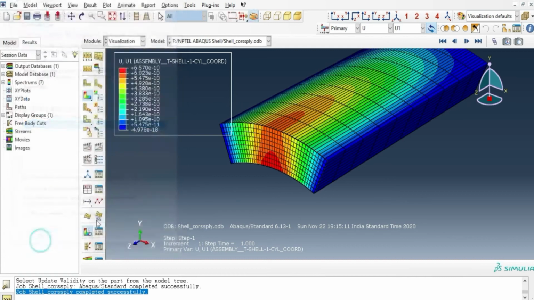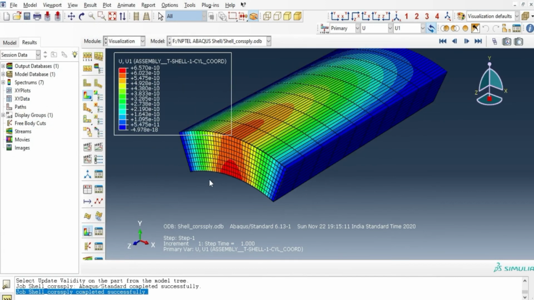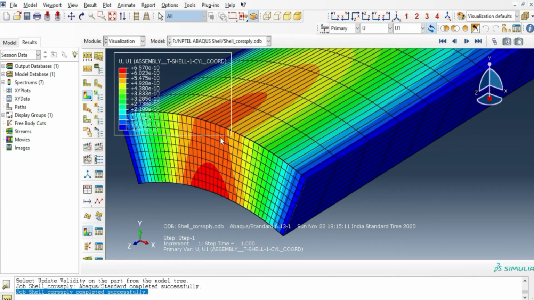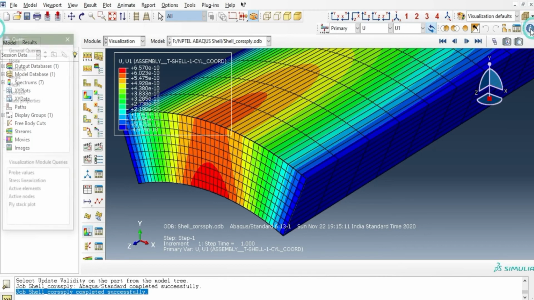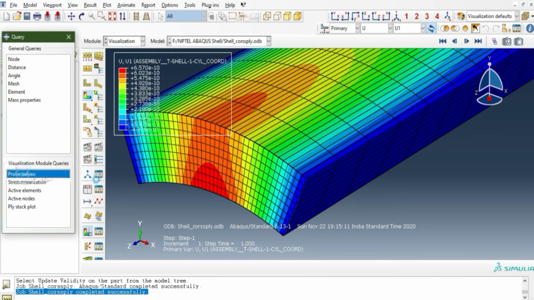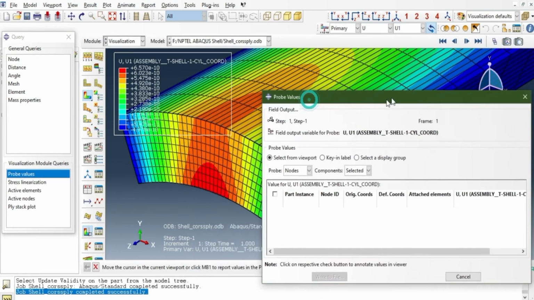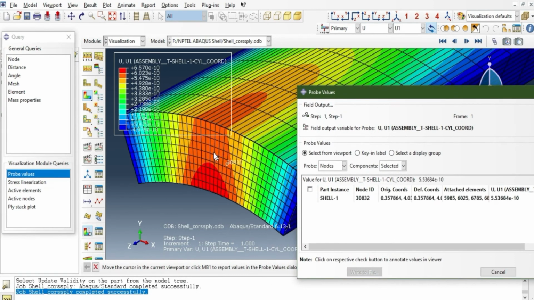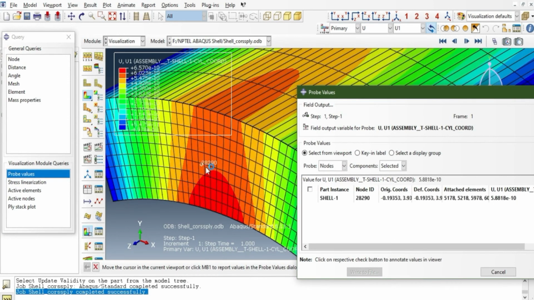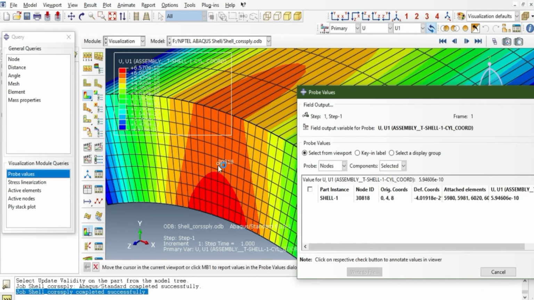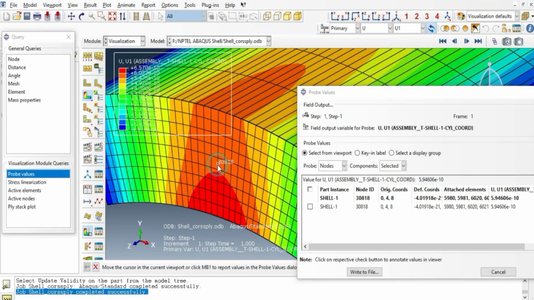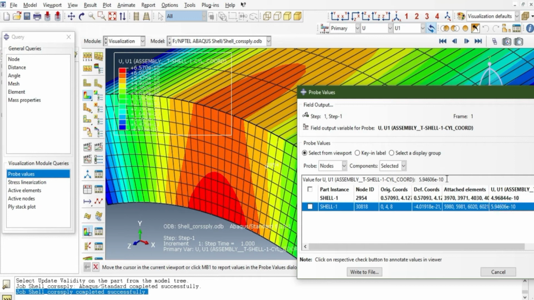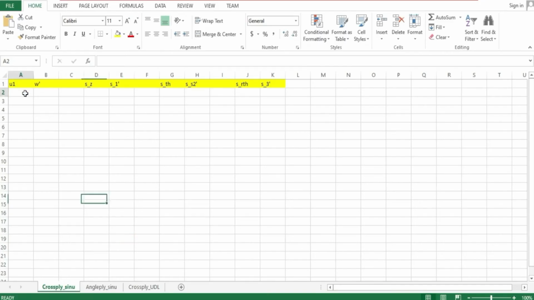And okay, so for the transverse displacement, for checking the value at any node, we can go by this process at query tool, and in the transverse displacement we see that this has been obtained.